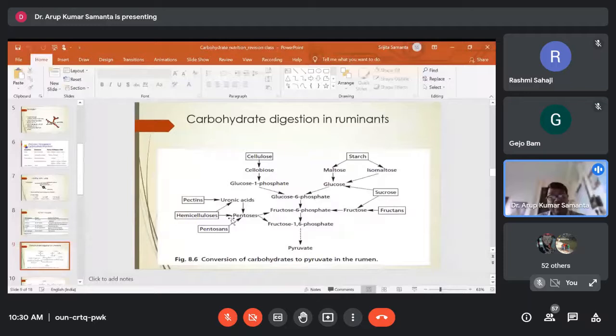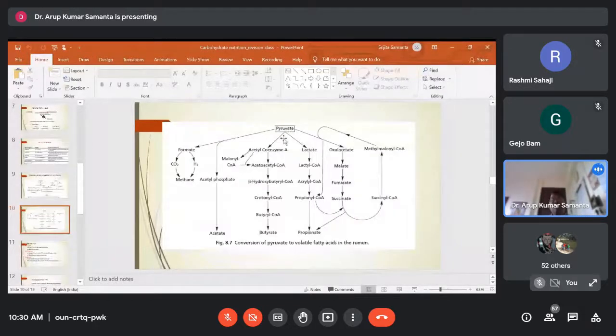This is the schematic diagram showing how cellulose, starch, or any other structural polysaccharides like hemicellulose, pentosanes, pectins get converted to pyruvate first. Cellulose is definitely a structural polysaccharide, a homopolysaccharide. Through different pathways it will be converted to pyruvic acid first. Once the pyruvic acid is produced, it again gets converted to different volatile fatty acids through different